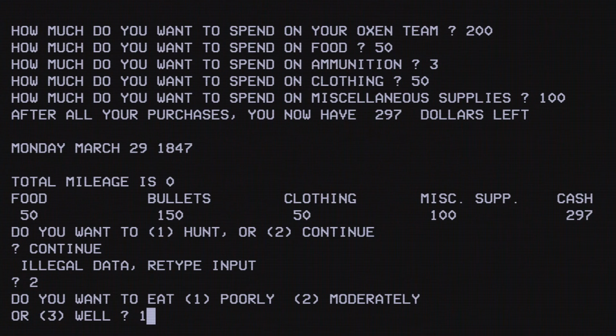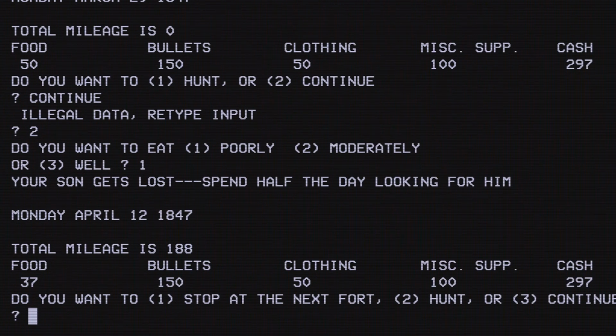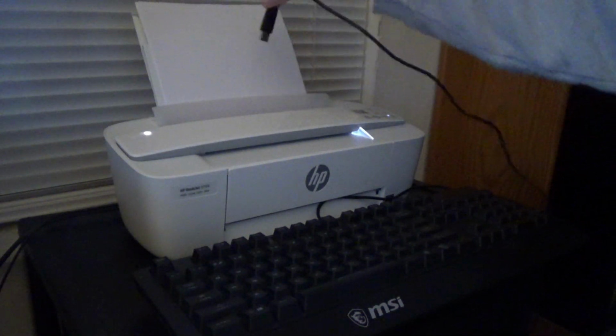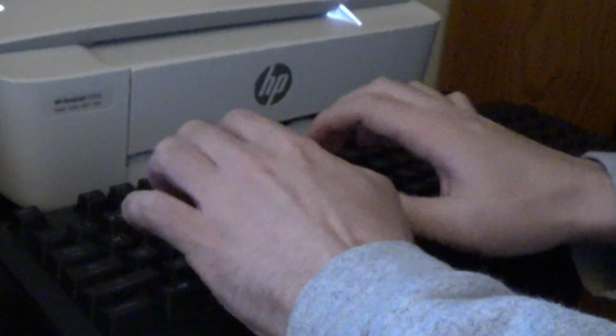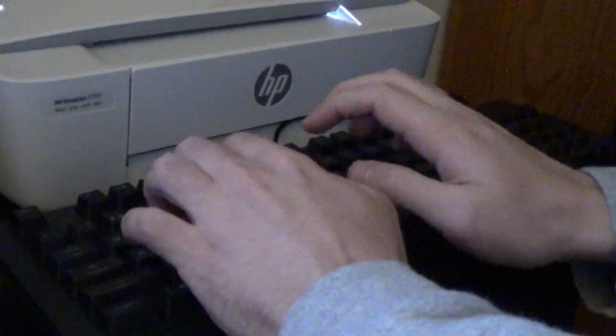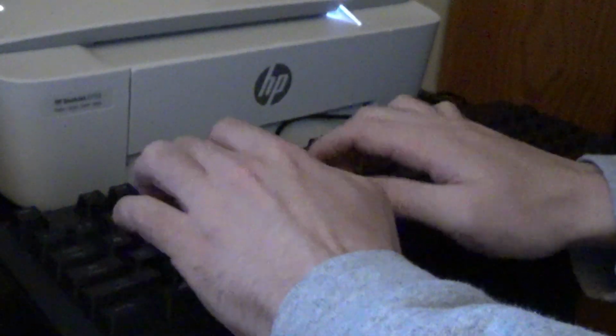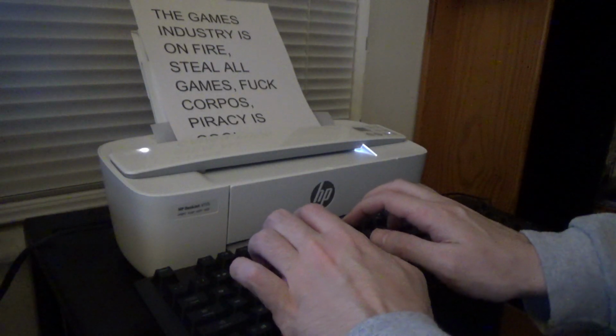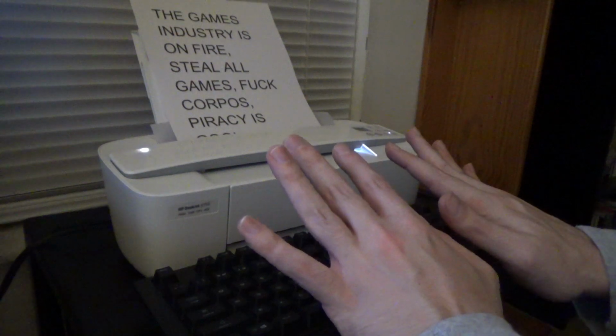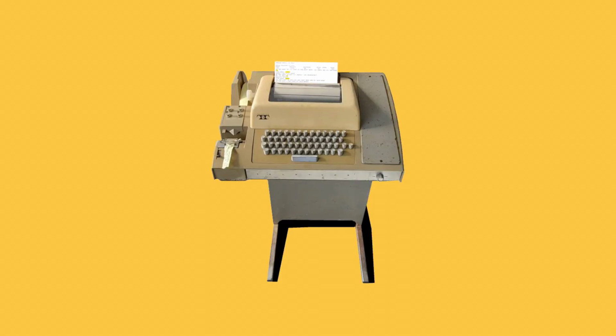Here's a rough version of what that would look like in emulation form, but the real deal is like if I could hook up my keyboard to this printer and it had been programmed with this basic version of Oregon Trail. Like I'd type in the 1s or the 2s or the 3s or even bang and it'd print out the results. This is what they would use before monitors became a part of the standard computer setup. Huh. Weird.